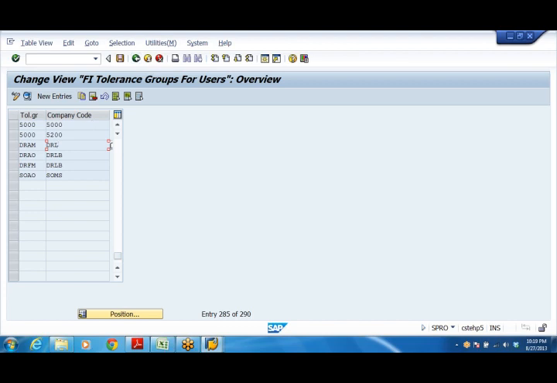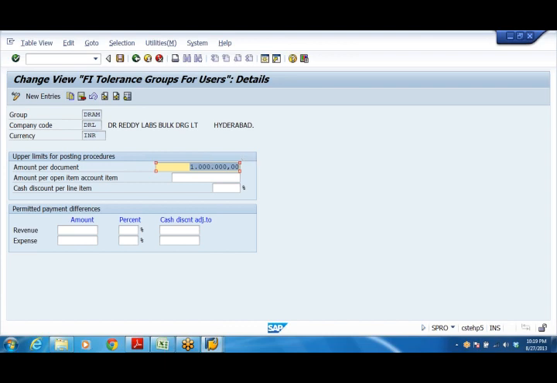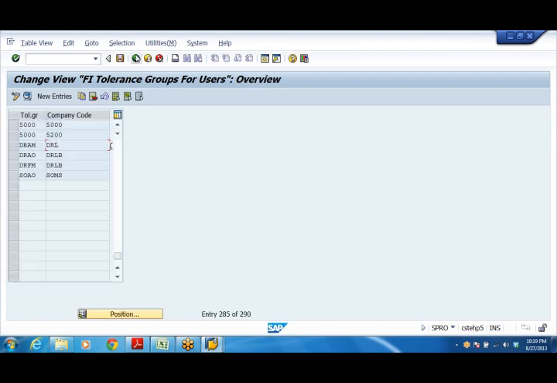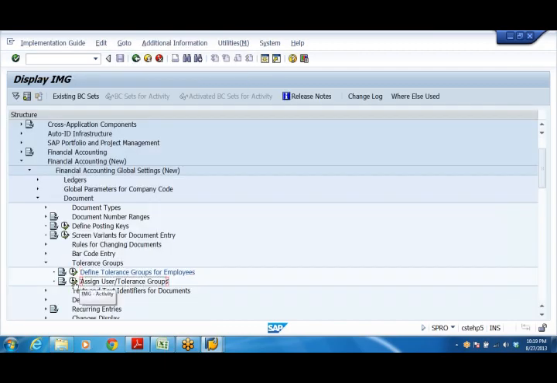Regarding the tolerance group, I have shown you, right? With a tolerance group, the system did not accept above 5 lakh, above 10 lakh, right? Because we have given a limit here, and this limit has been linked to my user ID. So, assign user ID.